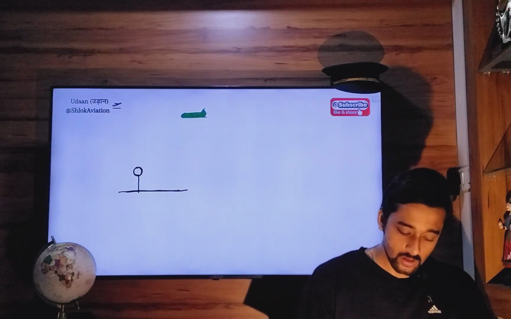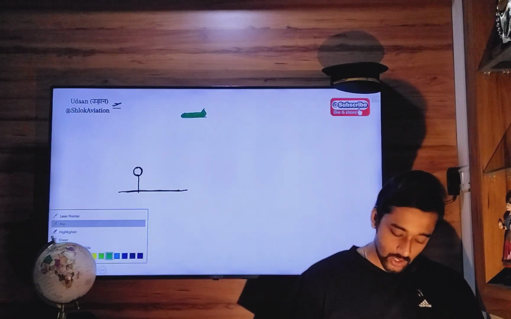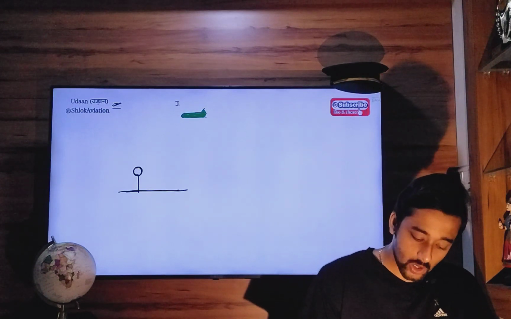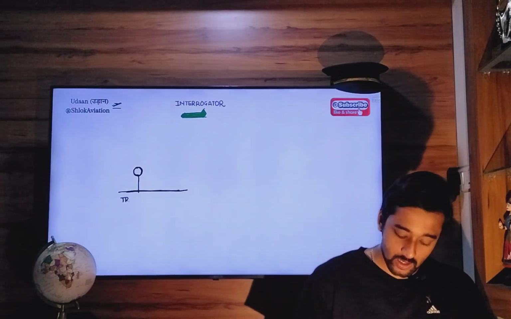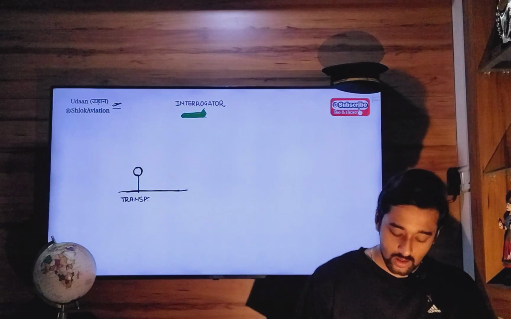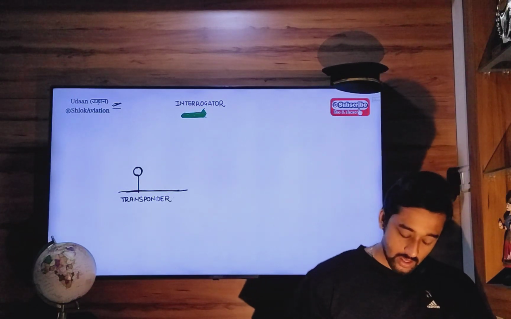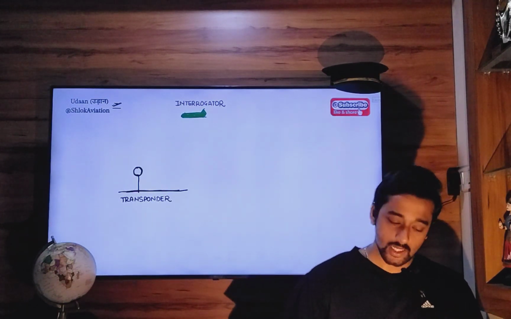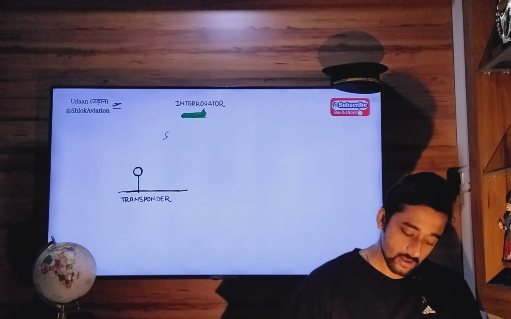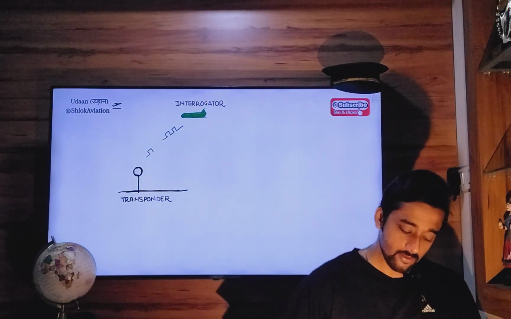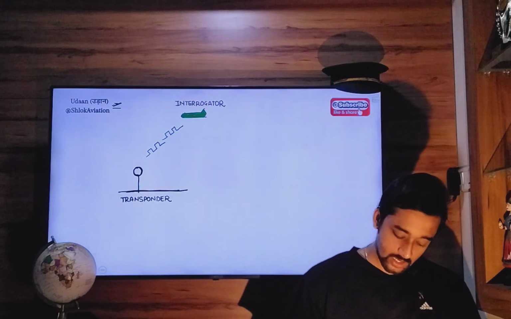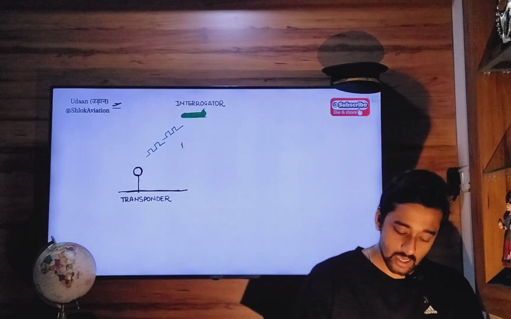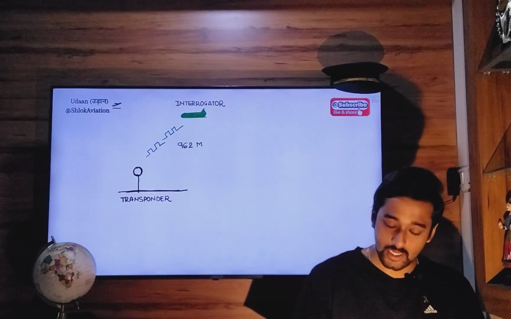So this aircraft is nothing but your interrogator. In case of DME, aircraft is your interrogator and the DME ground station becomes your transponder. Aircraft will transmit interrogation pulses in all directions basically. Now when this reaches the DME ground station, at a frequency of let's say 962 megahertz,